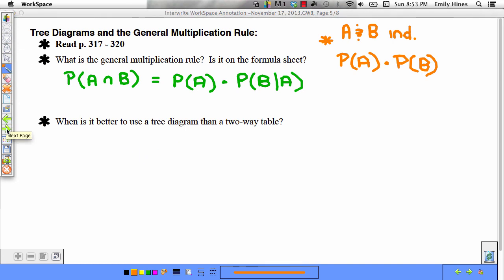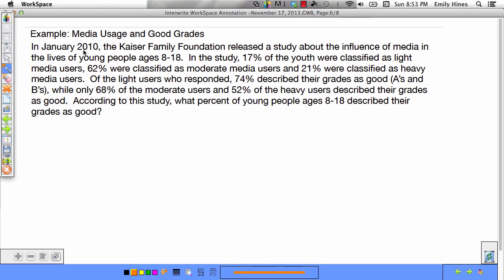Okay, so let's look at an example. In 2010, the Kaiser Family Foundation released a study about the influence of media in the lives of young people. Okay, so we had 17% of youth that were classified as light media users, 62% were classified as moderate, and 21% were classified as heavy. And of the light users who responded, which is very important because that tells me that these values are something given that they are a light user,